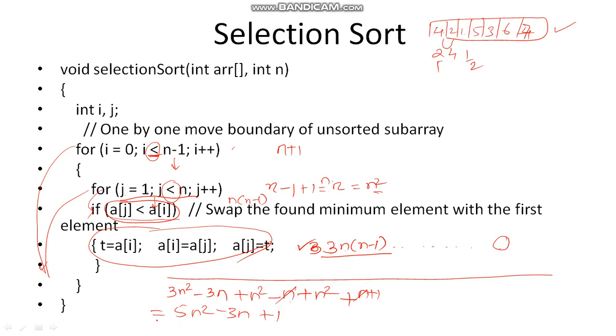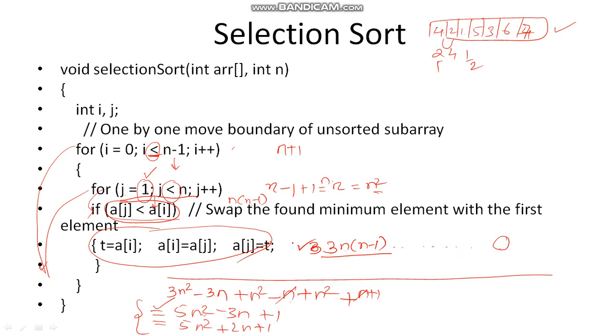You can compare it with the bubble sort. In case of bubble sort, it was 5n square plus 2n plus 1, and you can say which one of these two is better. You can find that this selection sort is working somewhat better than bubble sort. It is not totally overtaking it, but it is working somewhat better. You cannot say that it is very much faster than bubble sort, no, but it is taking somewhat less. Why it is happening is, in bubble sort we started here with 0, and here we are starting with 1. Only this is the difference.